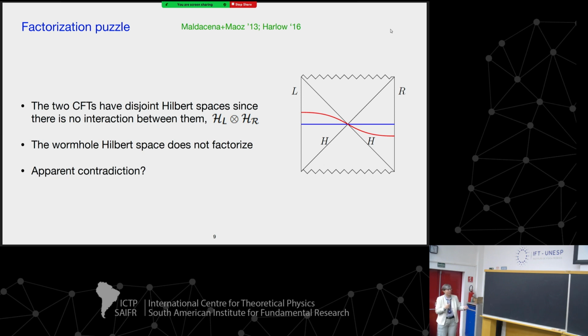So there's an apparent contradiction, but actually recently there was quite a lot of progress on understanding what's actually going on. And certainly what I'm going to show you here, these geometric phases, will also be helpful for formulating this puzzle in a quantitative way, which is of course a big step towards really understanding what's going on.